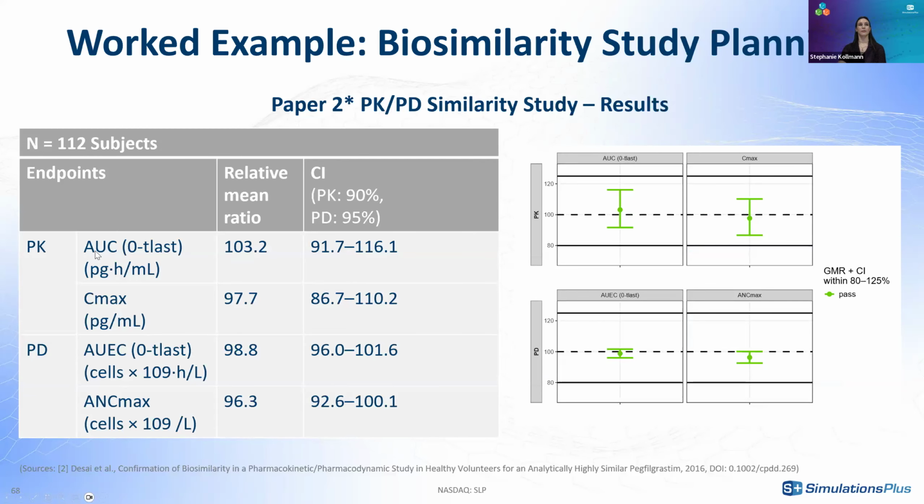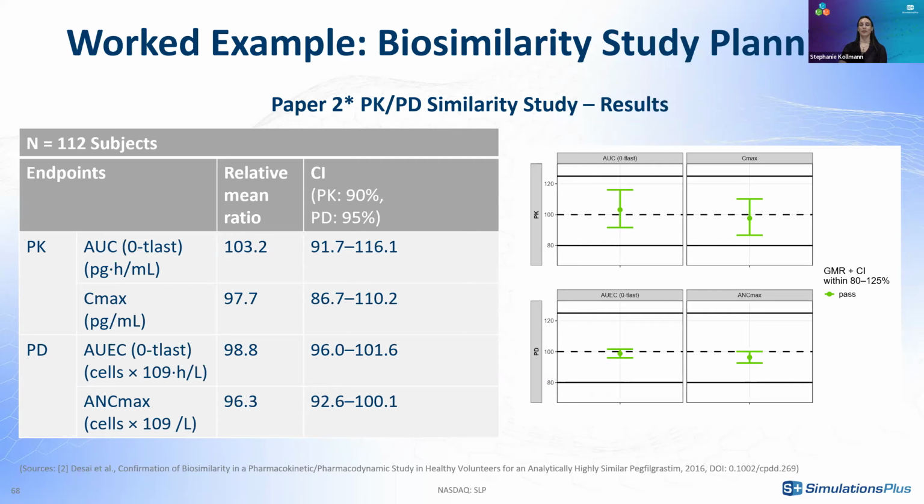We have AUC from 0 to T last, Cmax, and AUEC also from 0 to T last, and ANC max for PK with 90% confidence interval, and for PD with 95% confidence interval, and the relative mean ratio lies within the predefined bioequivalence margins of 80 to 125%. And this is consistent with our simulations, which indicates that total sample size of the order of 113 subjects